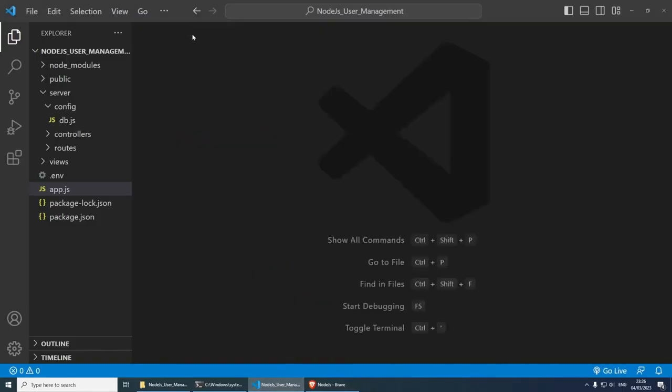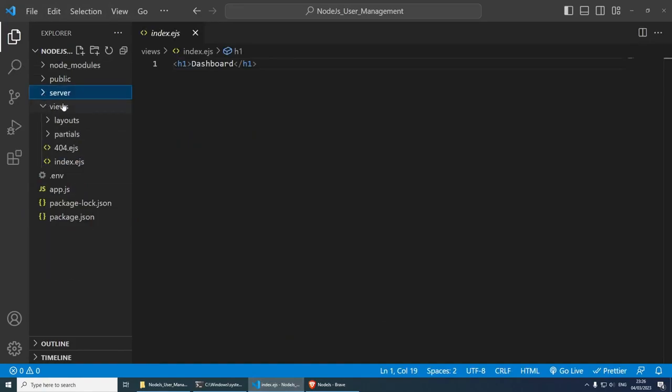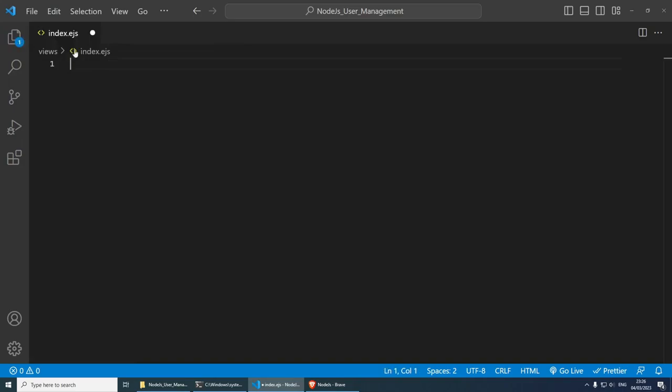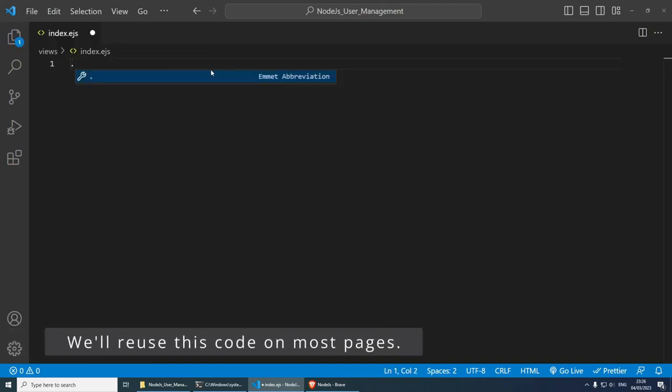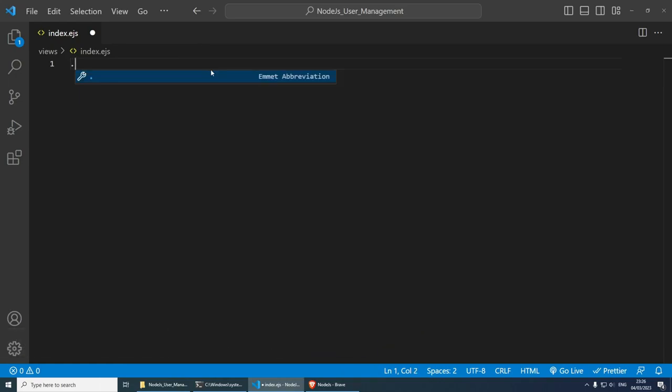And if we go back to the views and then index.ejs, I'm going to do some super quick styling inside here for our dashboard. So I'm going to create a div with the classes. So it's going to be a long one. So this is going to be d-flex, justify-content-between, which is going to push stuff on the left side and the right side. You will see in a second. Then we're going to have flex-wrap,